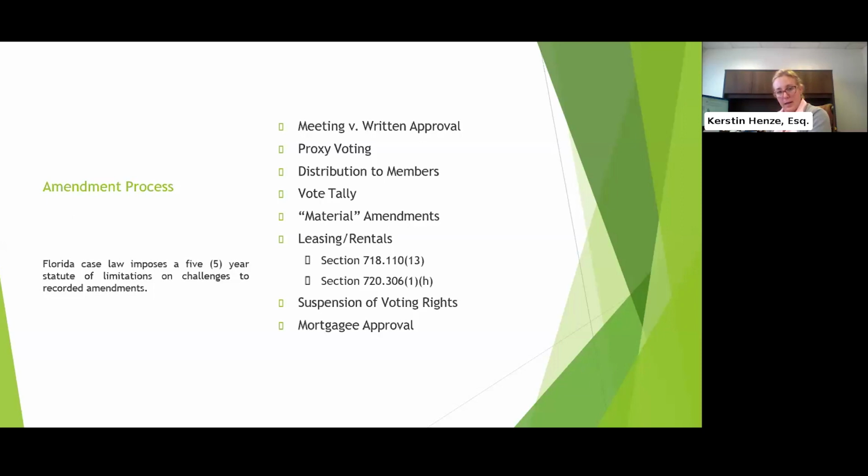If you have that language, then both 718 and 720 do outline a statutory process that you need to go through to get mortgagee consent.